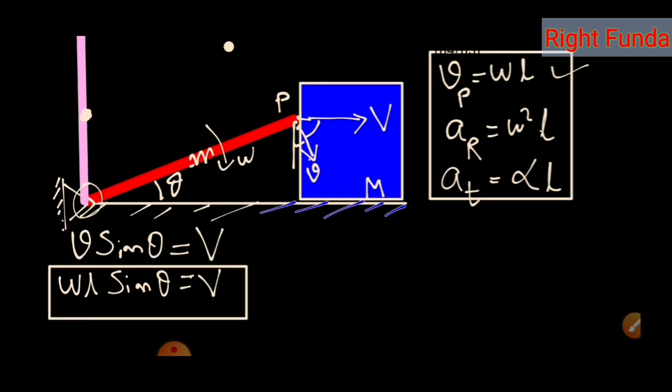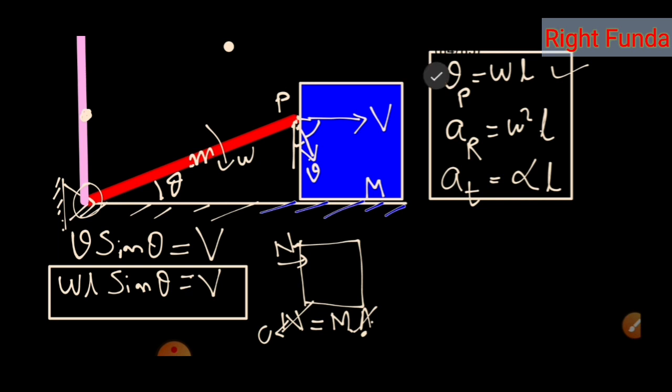Now similarly, if you draw the free body diagram of this block, there is a normal force on it that is responsible for giving the acceleration. So normal force is equal to M into a. But if this normal force becomes 0, the acceleration has to become 0. So at the time of losing contact, the topmost point's acceleration along this direction must be equal to 0. These are the accelerations, so their components along this direction have to be equal to 0.